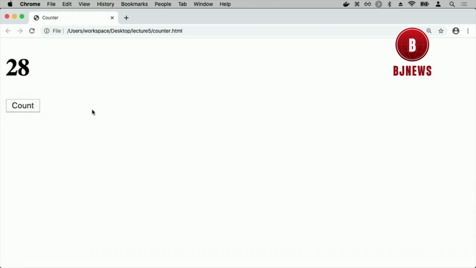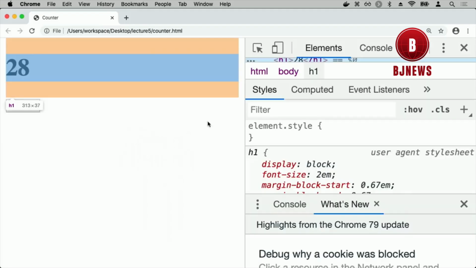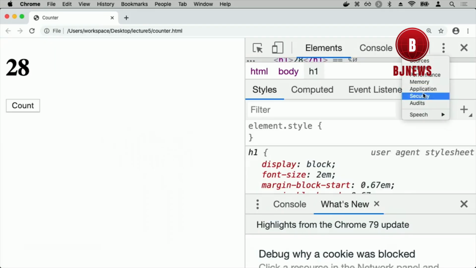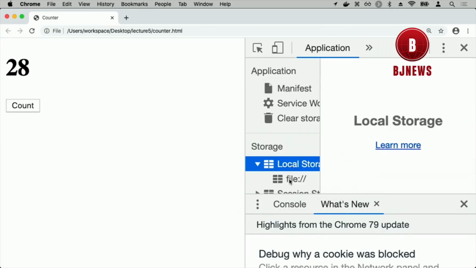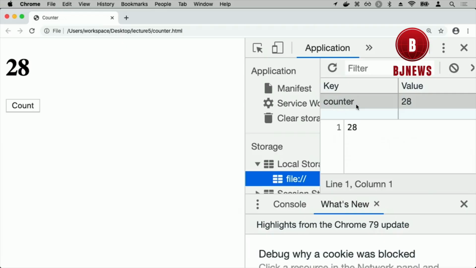And we can actually see the value inside of local storage by, again, going into Chrome's inspector. If I go to the Application tab, and I go to local storage here on the left, I can see that I have a value for key counter, whose value in this case happens to be 28. And you could go into local storage. You can manipulate this value. You could delete it if you want. But this just goes to show you that we have now stored this value inside of my browser